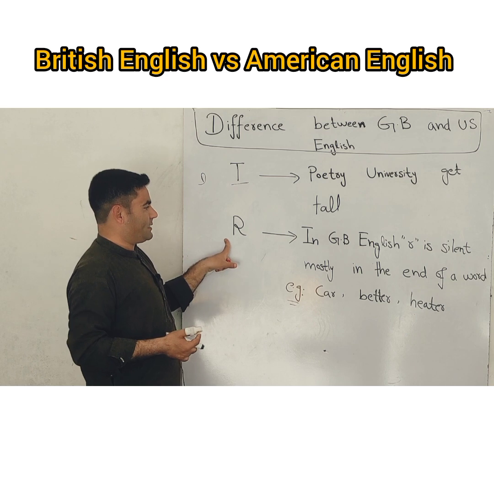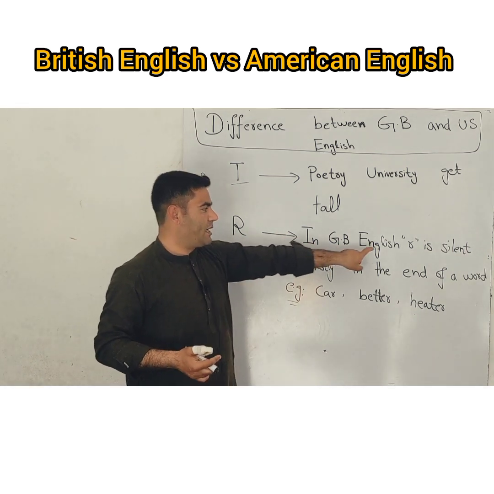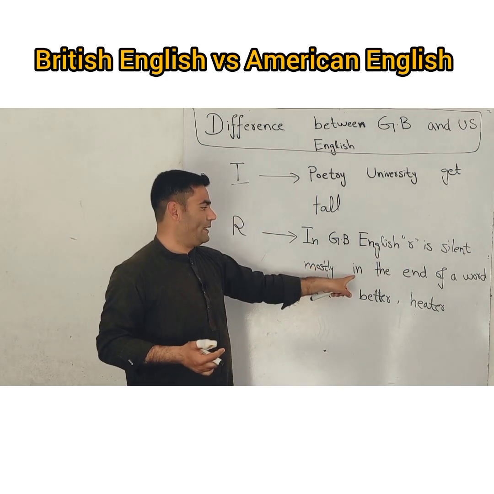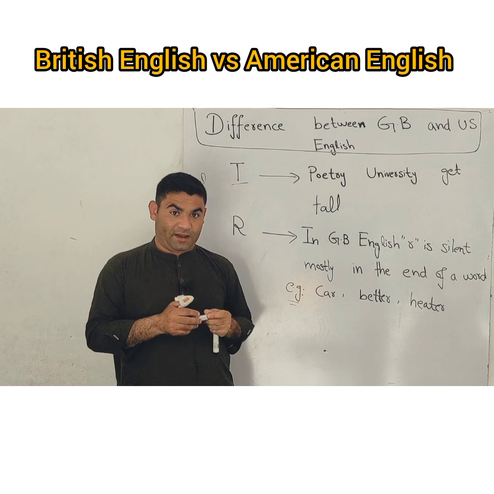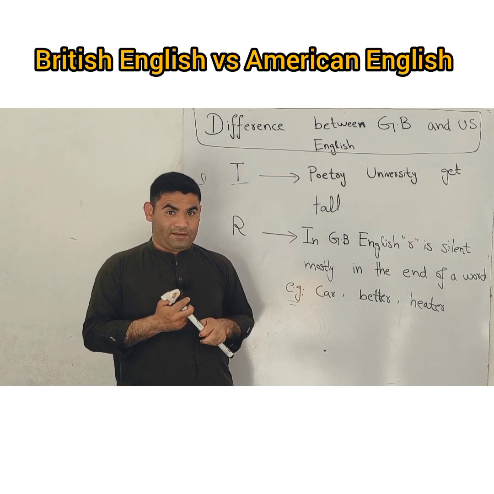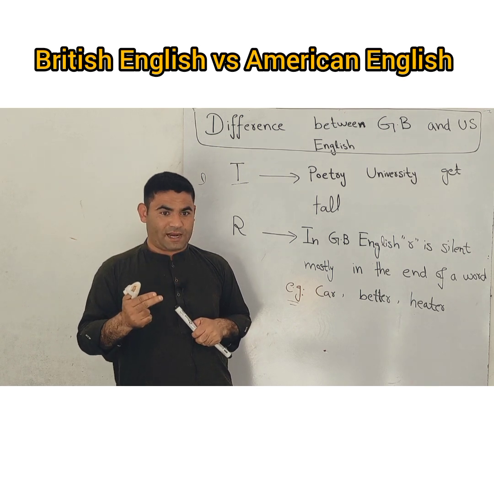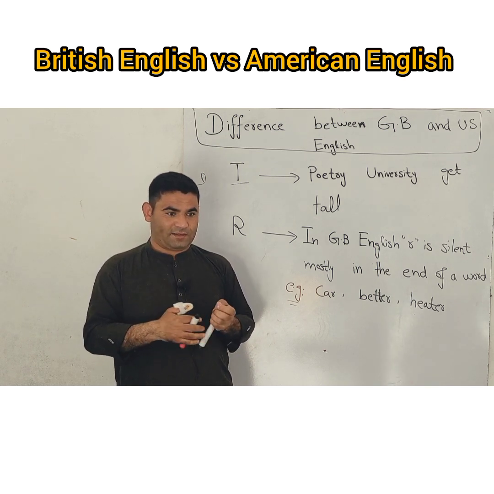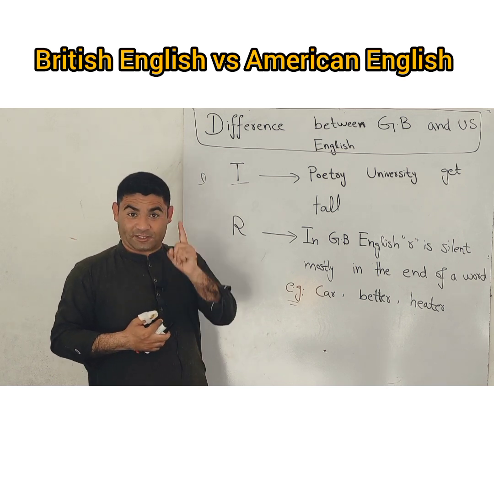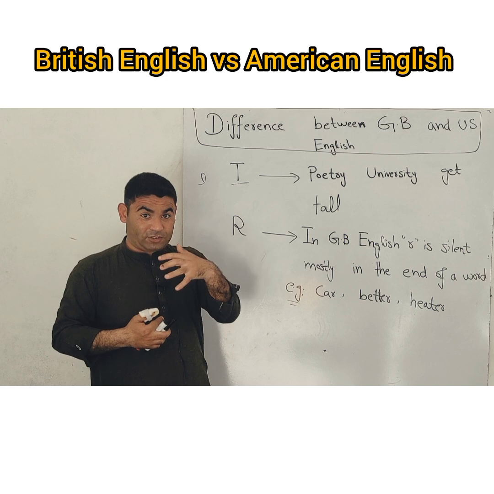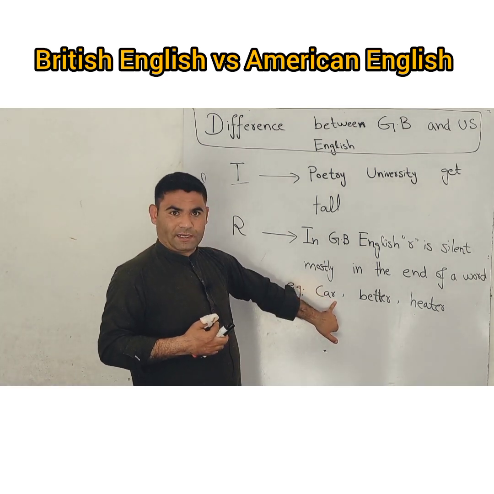The second tip is R, okay? In British English, R is mostly silent at the end of a word. Now you will be thinking how it is. People think that when they pronounce R, it is British, and when they don't pronounce R, it is American. It is not so. Now you will be shocked to know that when R comes at the end of a word,